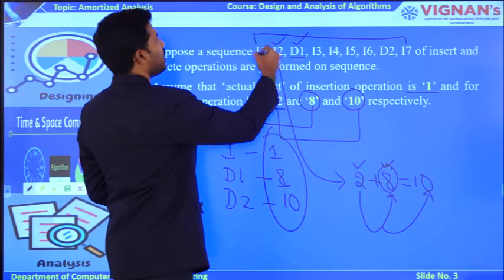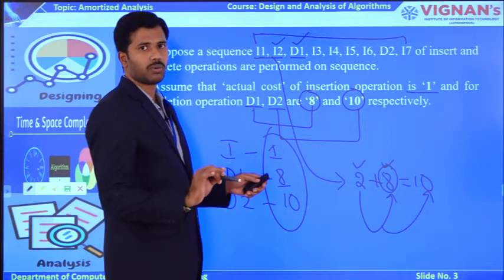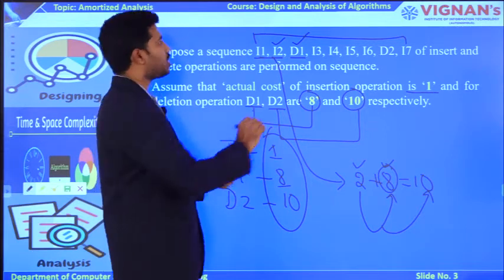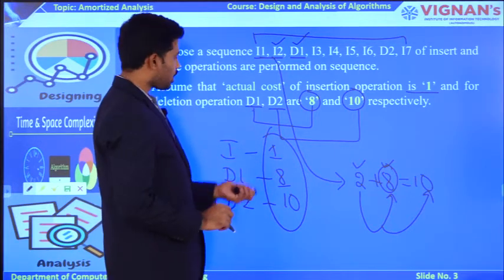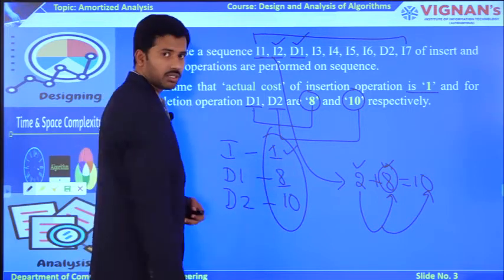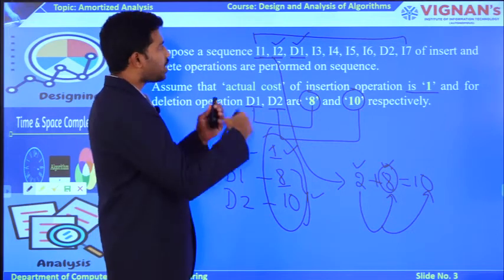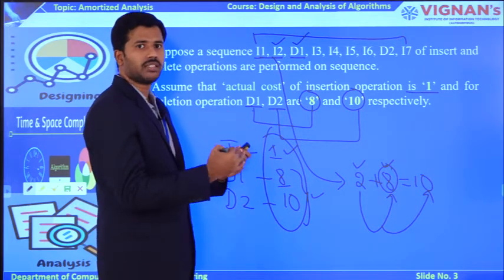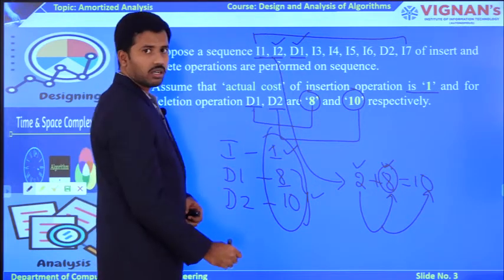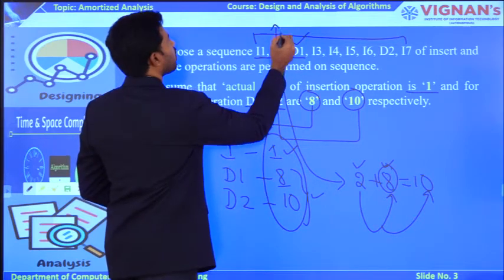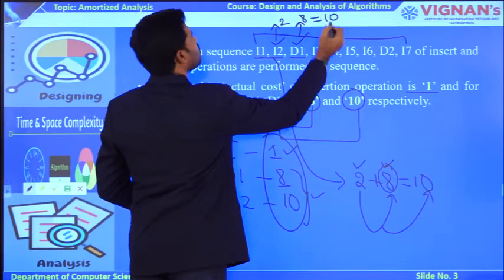If the insertion operation as well as the deletion operation take equal cost, in that case there is no problem. The entire time complexity to execute this sequence of instructions will be best case. But coming to this case, the insertion is executing with best case, but the deletion cost occupies worst case. So the nature of the algorithm performance is going to be disturbed. After executing up to I2, the time complexity is 2. After executing D1, your algorithm moves to a total time complexity of 10.